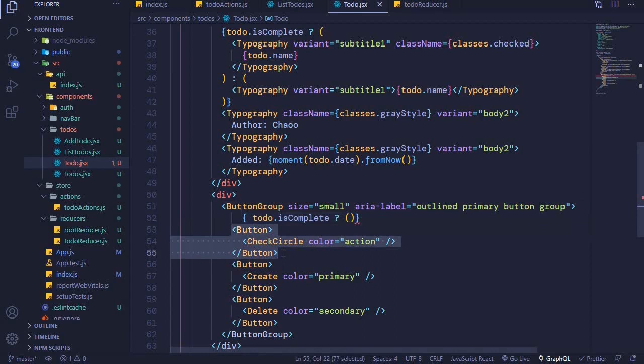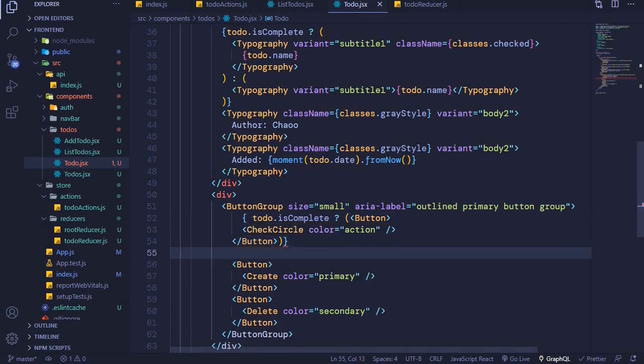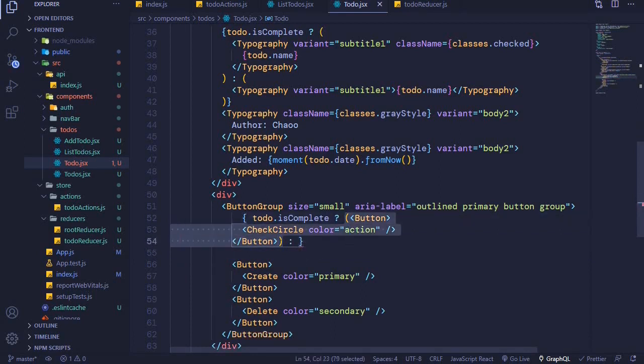I'll actually cut it and paste it here. Else I include a colon. We will display a similar component. I'll copy that and paste it here,